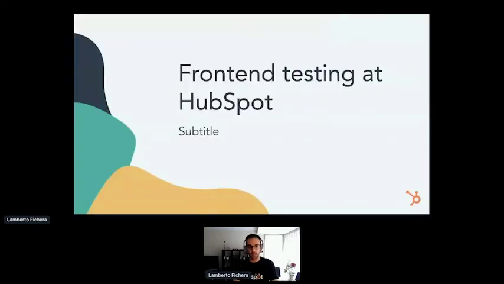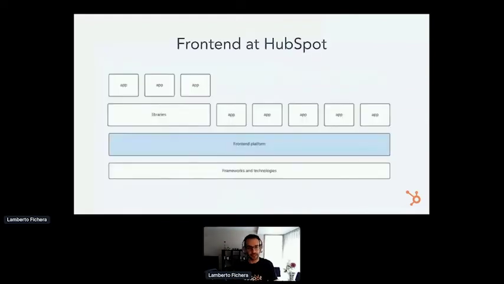Right, so speaking of front-end testing at HubSpot, as I said, we have this common layer on top of which all of the apps work, and some of them also create their own libraries, and then they work on top of those. So there is kind of a multi-block system, and then obviously there are the existing frameworks and technologies. Speaking of testing, obviously Selenium comes to mind because that's the one that we've been using for a while. This keeps the developers as productive and efficient as possible in continuously creating value for our customers, and also helps those small autonomous teams to operate together.